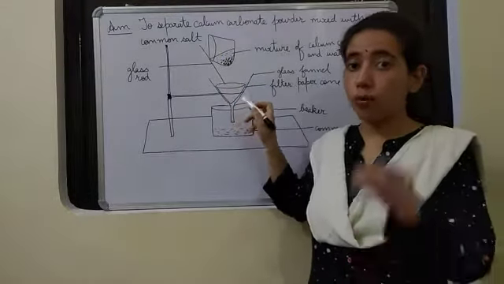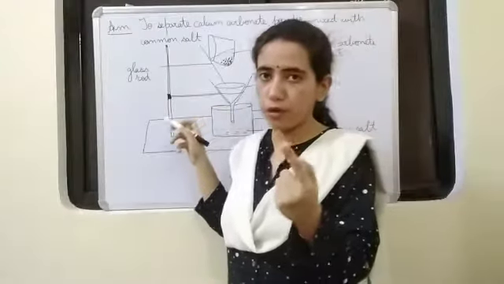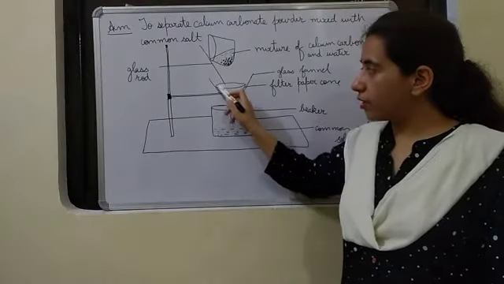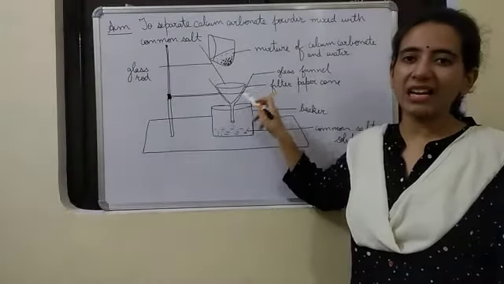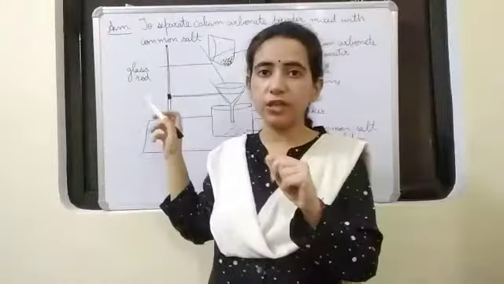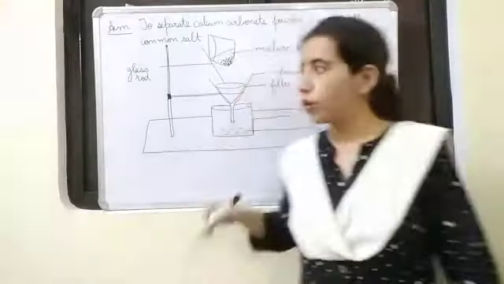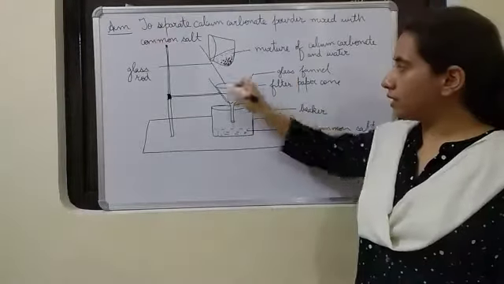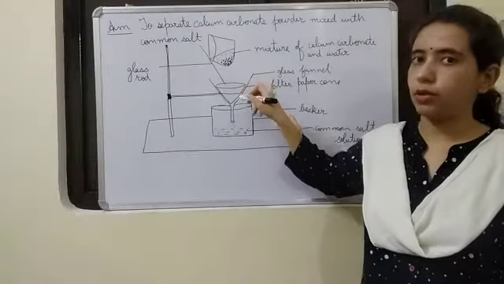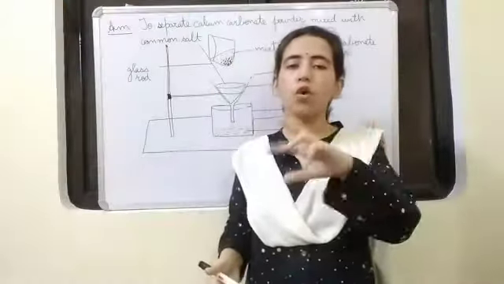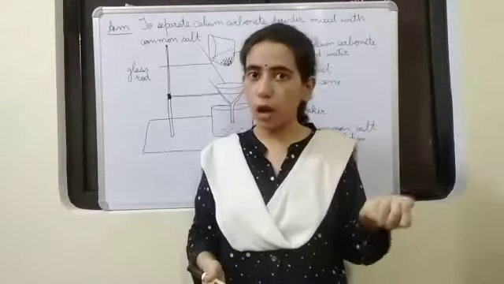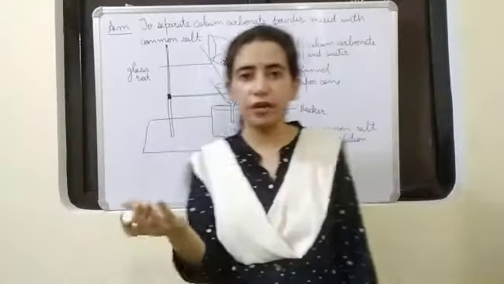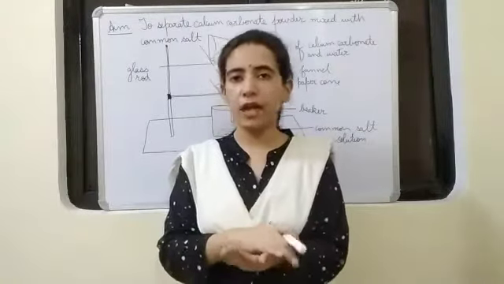And you know that common salt solution, that means common salt and water, can pass through the filter paper. Slowly they will come down to the bottom, and what remains here will be calcium carbonate. And you have studied in filtration, what remains above is called residue and what comes out is called filtrate. So common salt solution is the filtrate, and what is left, calcium carbonate, is the residue. So now we see that from the two constituents, we have taken one constituent out, that is calcium carbonate. We can take this filter paper and dry it. On drying we can get pure calcium carbonate here.